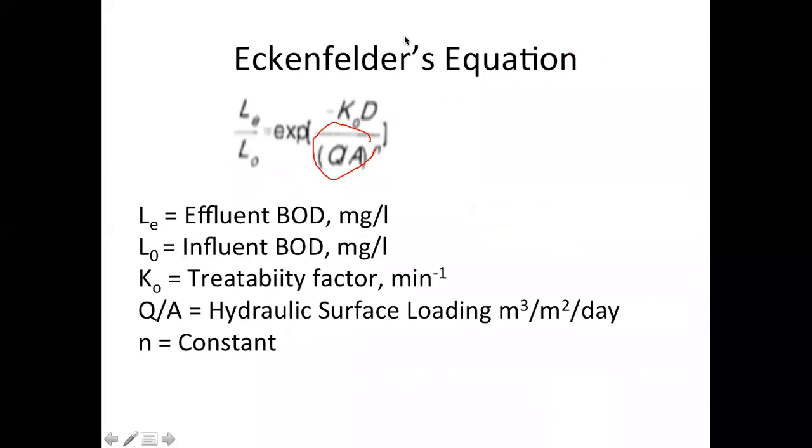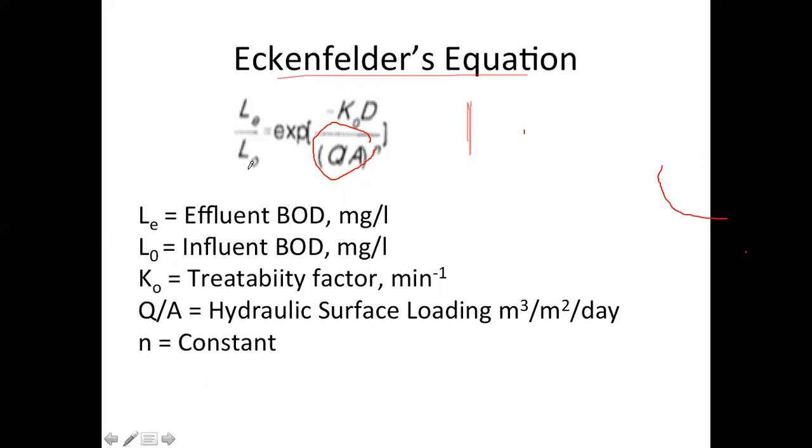One more equation can also be used in case of trickling filter, that is called the Eckenfelder equation. Mostly we will use the NRC equation for our design purpose in case of domestic or municipal wastewater treatment. This Eckenfelder equation is mostly used for bio towers and not normally used in case of domestic wastewater as per the manual recommendation. So this Eckenfelder equation is used for industrial wastewater as well as for bio towers. But you should have an idea of the Eckenfelder equation also.